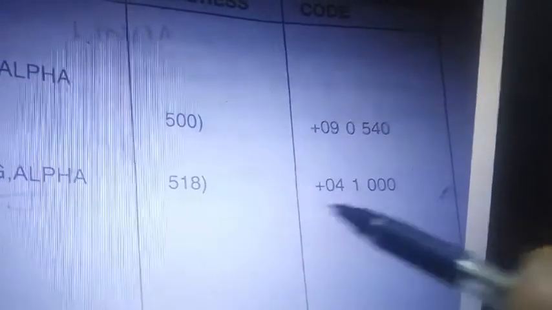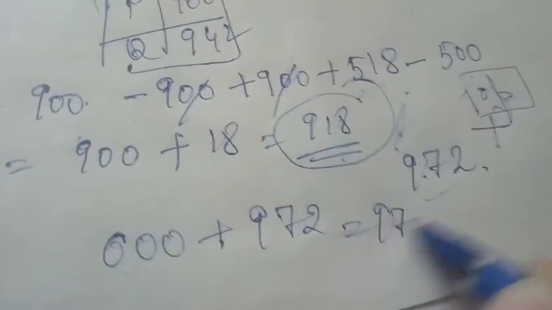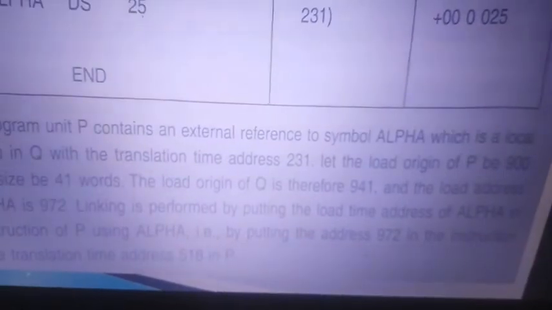The operand field has 000. If we add that 000 plus the load address we got, 972, then we are getting the address of alpha. So we are connected to 972. That's what we have written over here. This is the explanation of that alpha.